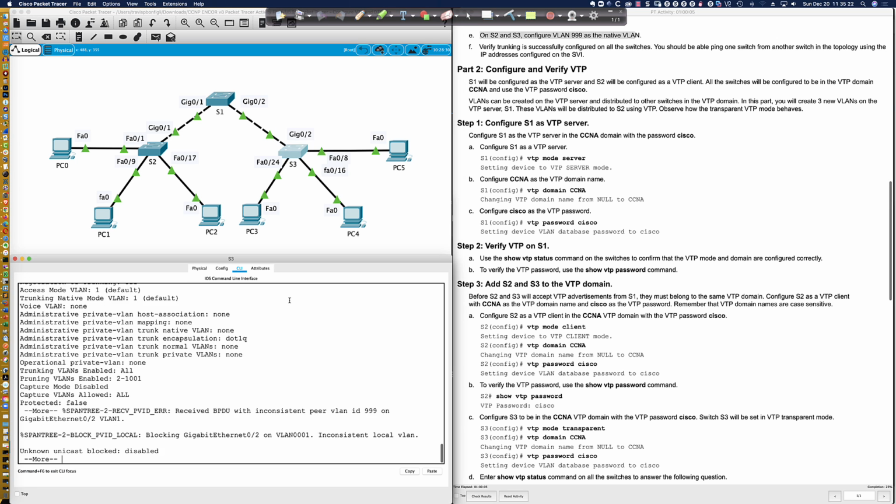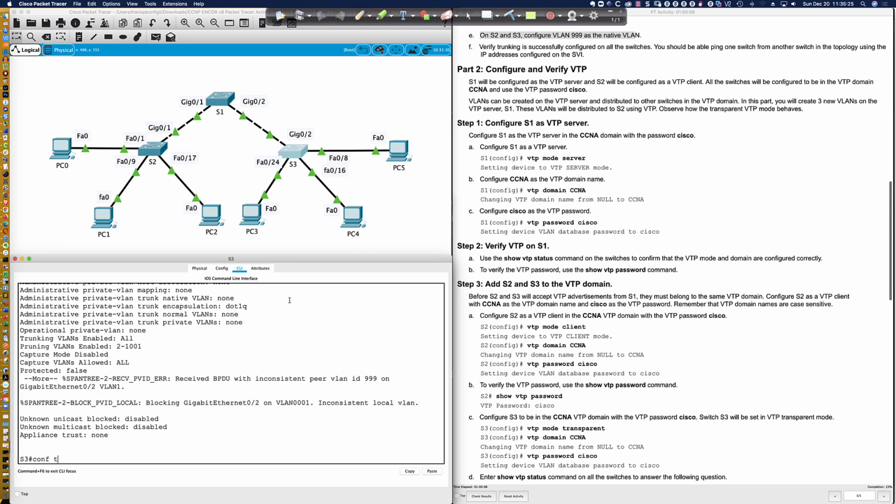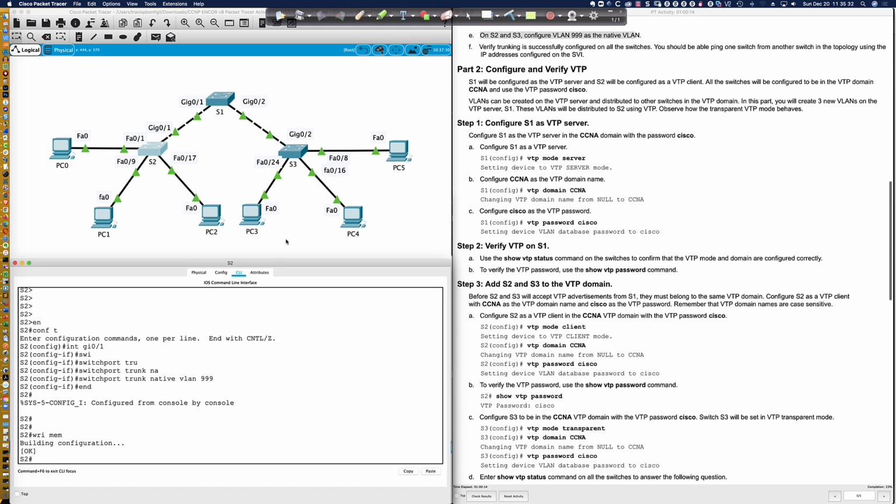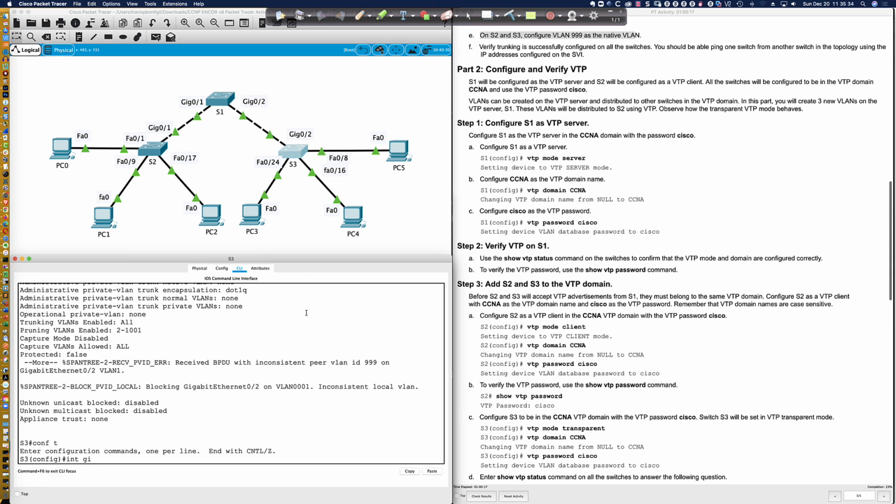And let's do the same thing over here. And we'll go into global config, interface gigabit. Oh, wait, did I do gig 0/2 over here? Okay, I did the right one, just checking. All right, so we'll say interface gigabit Ethernet 0/2,